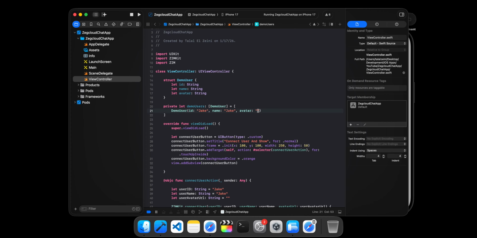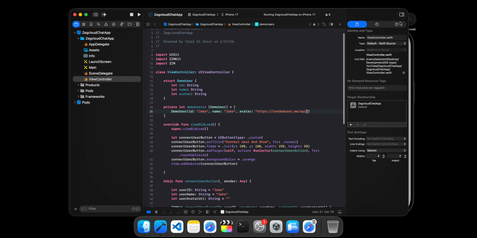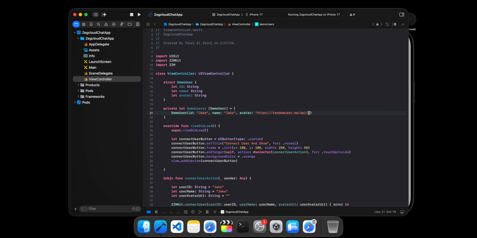this URL, so https randomuser.me API, let's close this, and then portraits, I believe, and then you can choose men or women, and then .jpeg, like this. Cool, so this is our first user. We're gonna do 4 users,